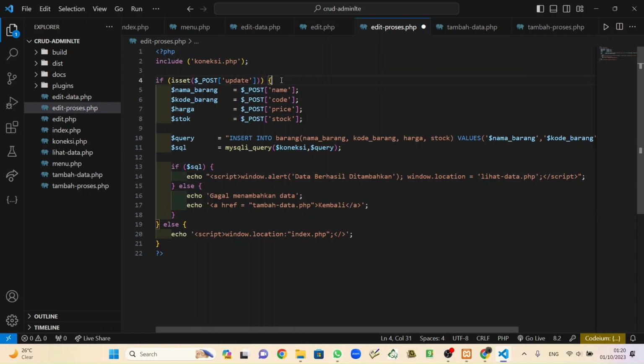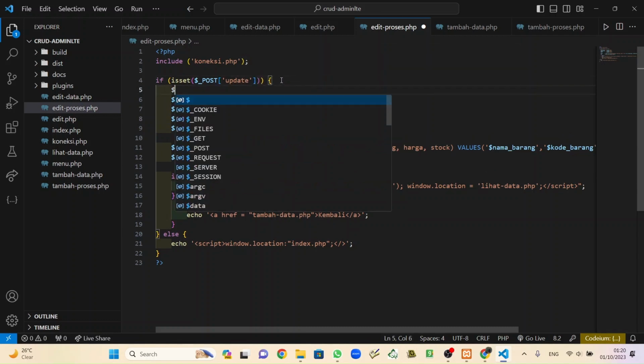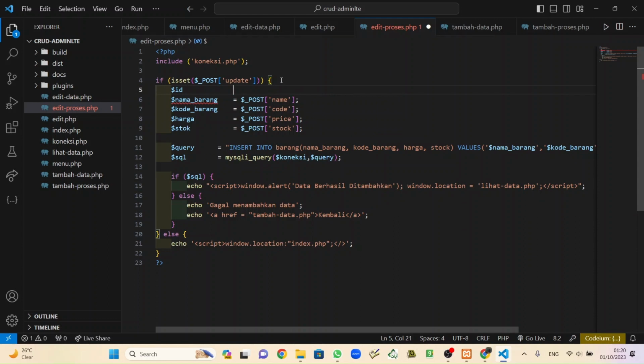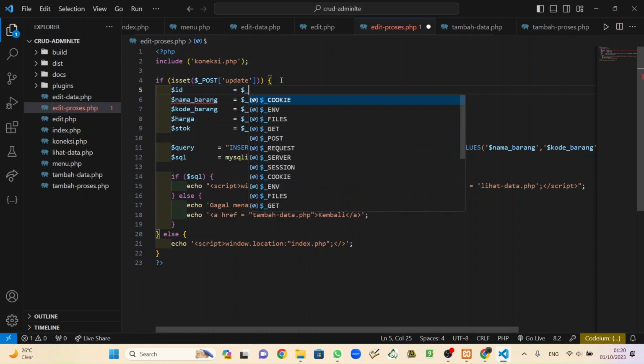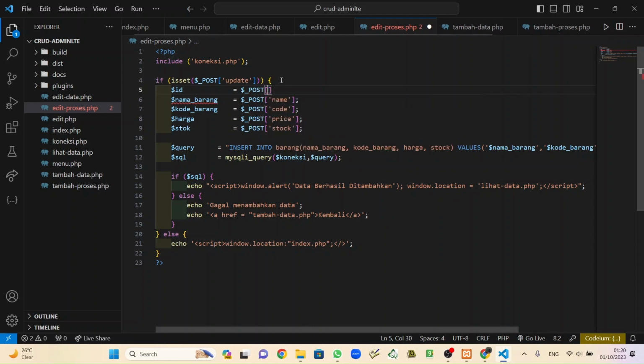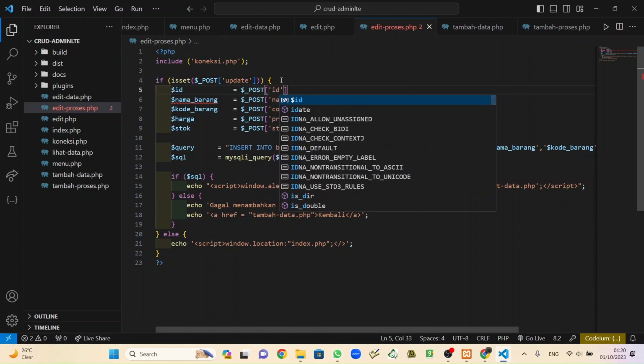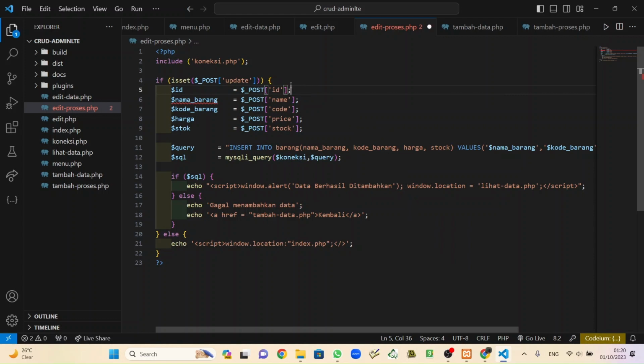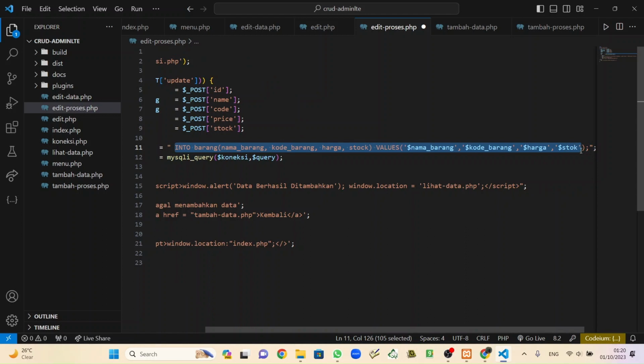And we add one more thing here. ID is post ID, save, semicolon, save. Update set. Maybe we can change all of this. We can delete this.